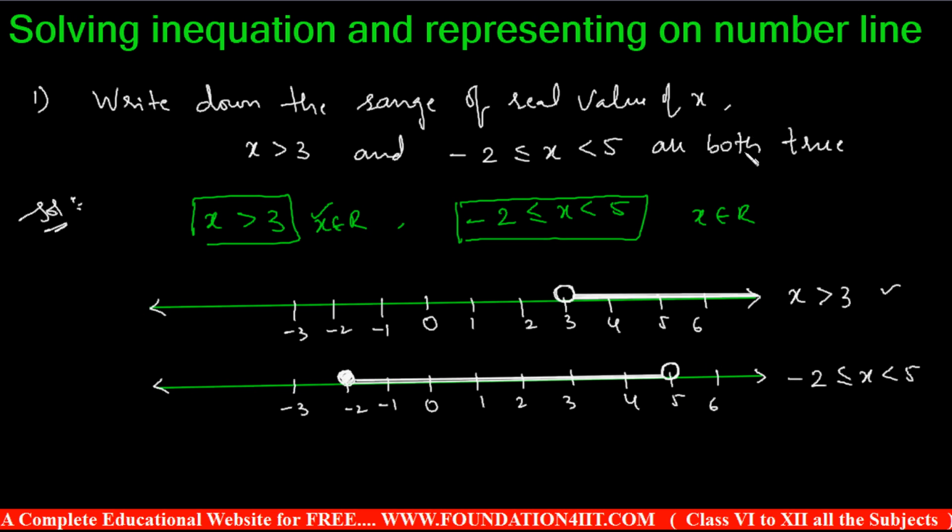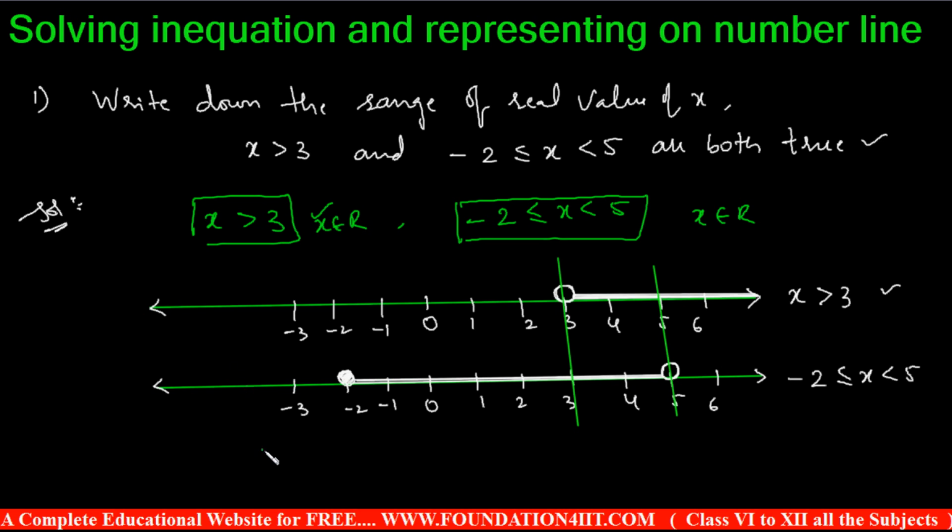Now both are true according to the condition. To make both true, what is the common portion of the two graphs? So here 3 is there. This is the only common part of the graph. So we need to observe only that portion. The common portion is this, from here to here. Just from 3 also you can take, but 3 is not included. So the common portion is this, but 3 and 5 are not included. You can notice that 3 is an open circle, 5 is also open, and the common portion is between 3 and 5.